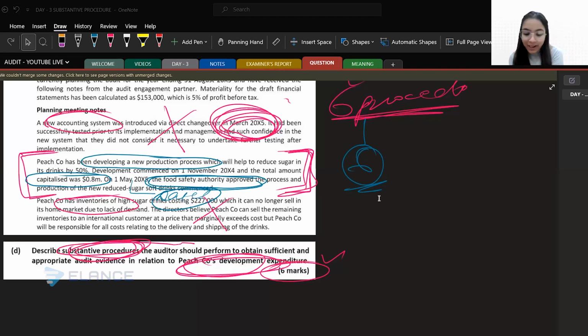I will inspect board minutes. Why? And now to make it more case specific, I as the auditor inspect board minutes of Peach Company. Guys, complete it: inspect board minutes of Peach Company to ensure